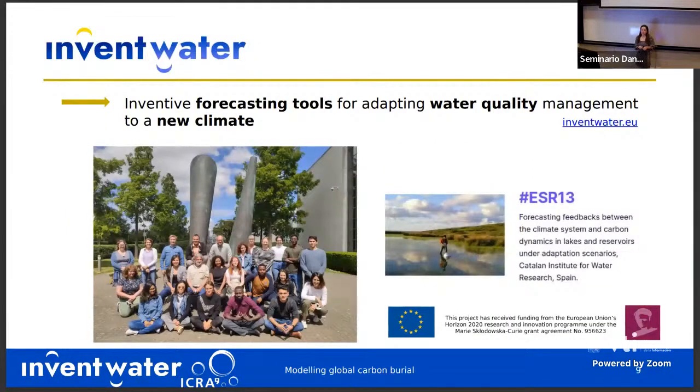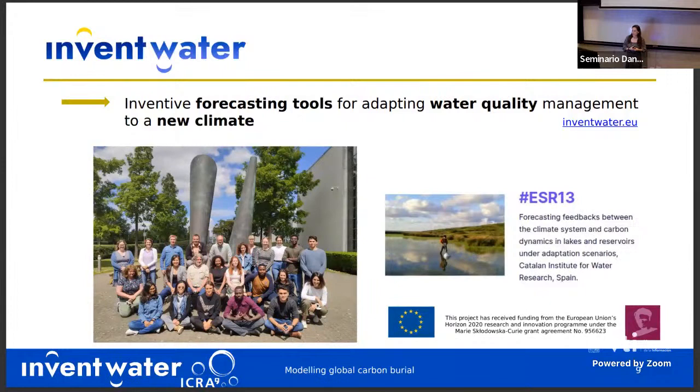And the project Inland Water is 15 of these small projects. So I'm one of them, and there are 14 other PhD students all over Europe. But we are all working under this project, which is meant to create innovative forecasting tools for adaptive water quality management to a new climate. Our project in particular is number 13. You can find more information on our website,